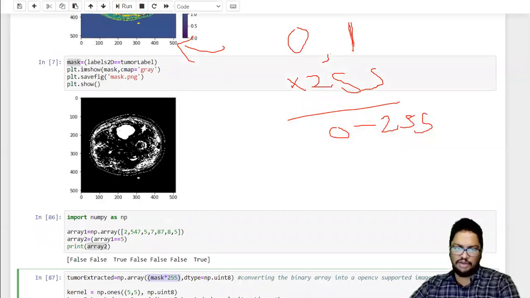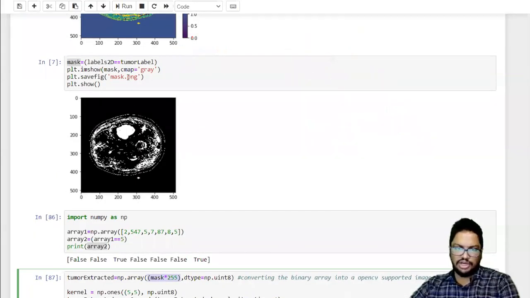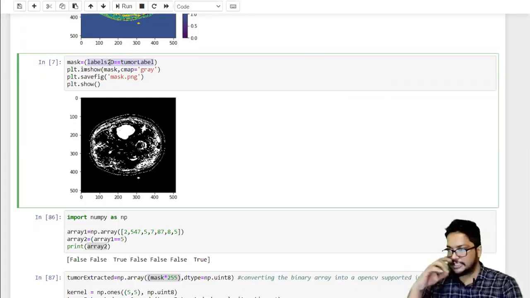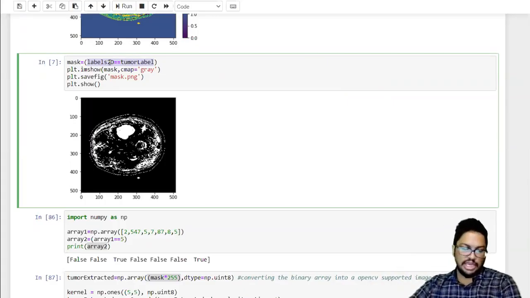Now you have to remember that when you check this, all the pixels which do not correspond to cluster 4 become 0, and all the pixels that correspond to cluster 4 become 1. So this is a binary array with 0 and 1. Got it? So then what we'll do, simply,